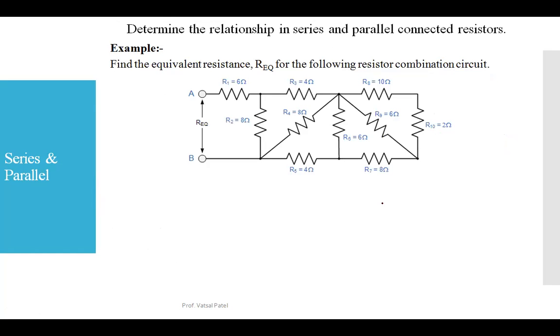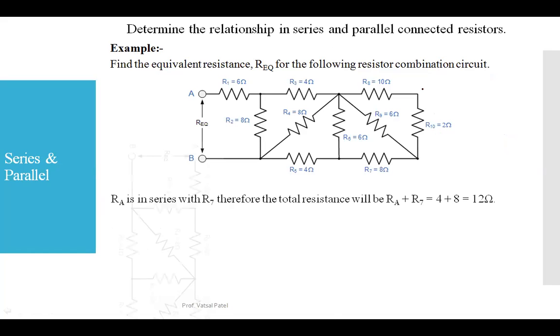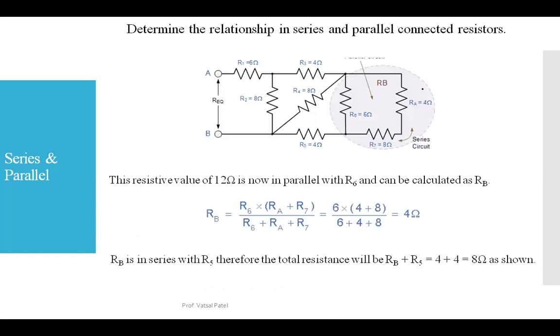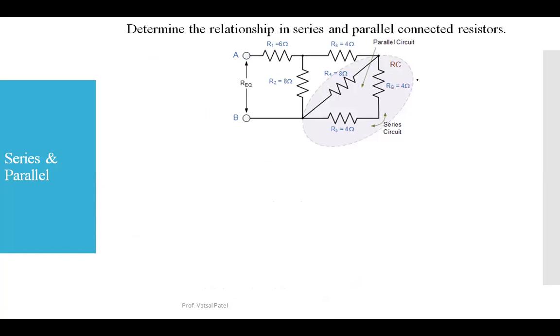This is the example we discussed in the last session too, right? Yes or no? This example we discussed in the last session. Yes or no? Okay. So first of all, 10 plus 2, that is parallel with the 6, that is series with the 8. Then it is parallel with the 6, series with the 4, parallel with the 8, series with the 4, parallel with 8 and plus 6. So these are the steps we already discussed in the last session.